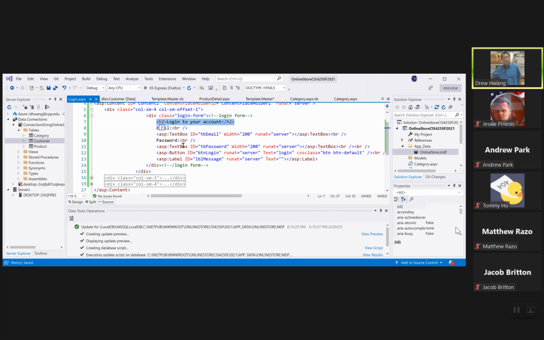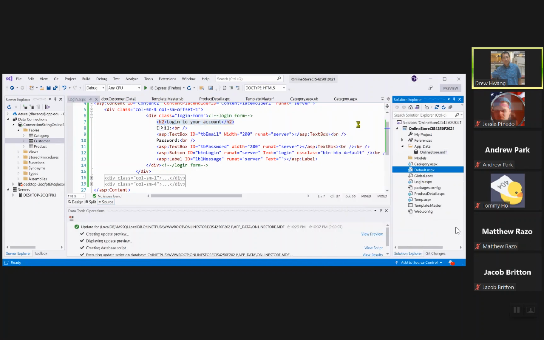I want to make sure we have the form before we proceed to do the code behind. So let's do this. Let's go ahead and run this default in the browser, and then go to my